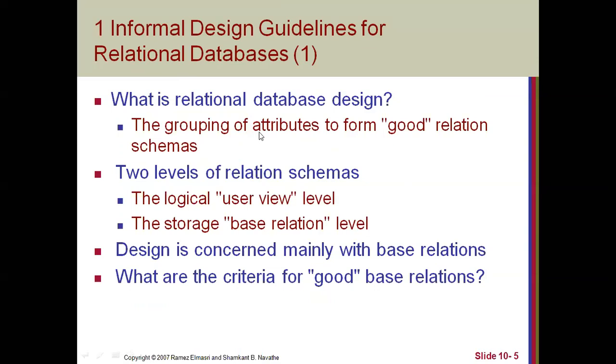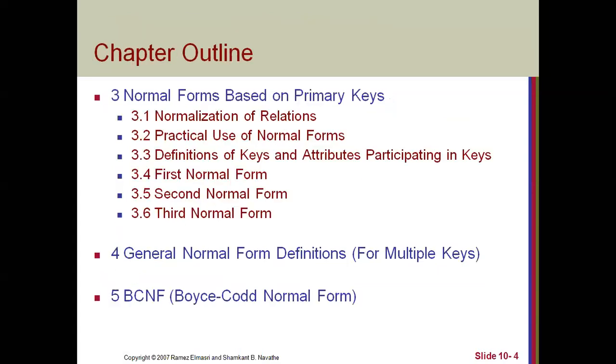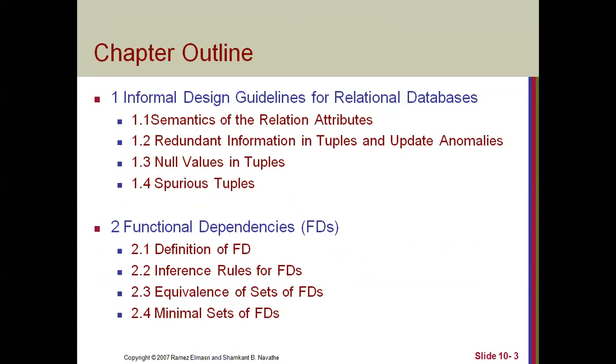Informal design guidelines for relational databases. Yes. So we have already finished these informal guidelines. Let's move to the normalization chapter. So before we cover normalization, here you can see in this slide, the down part, we are going to discuss about functional dependency. Yesterday we have already defined functional dependency. Now based on this knowledge or concept of functional dependency, let's move towards the normal forms.